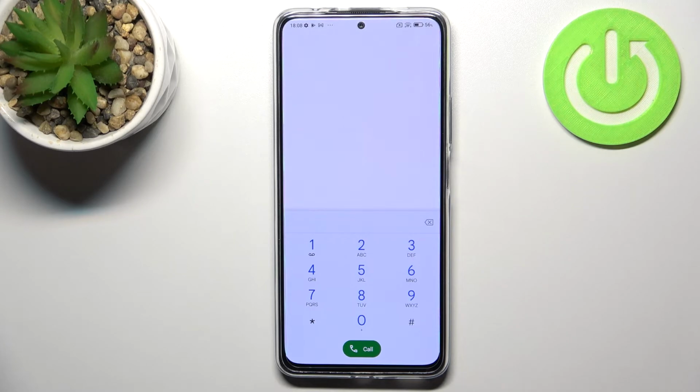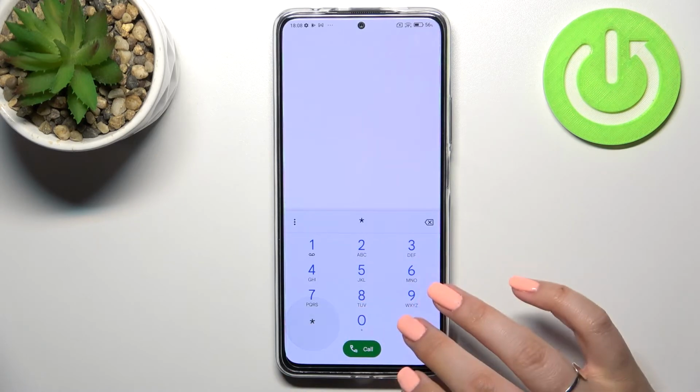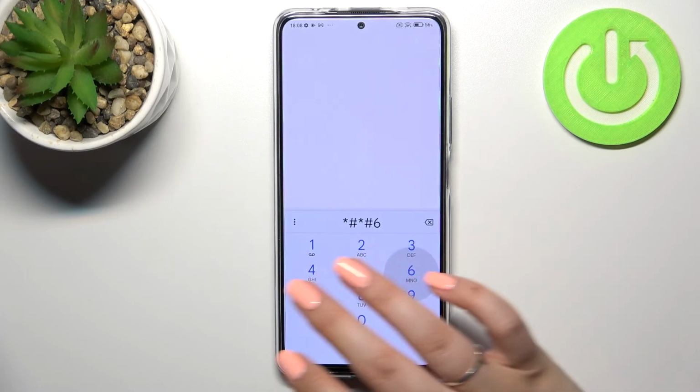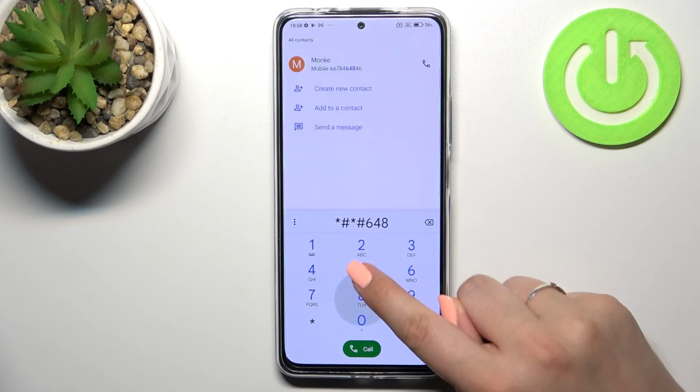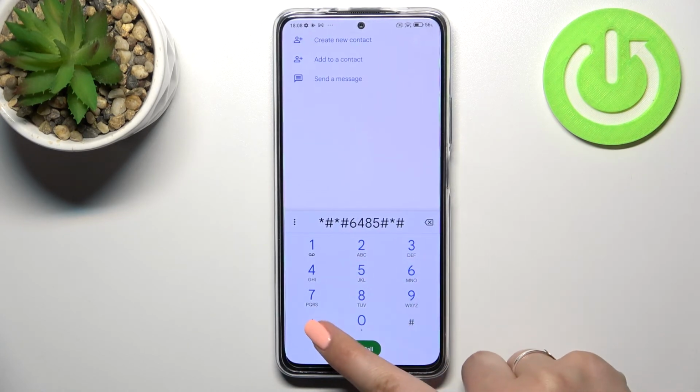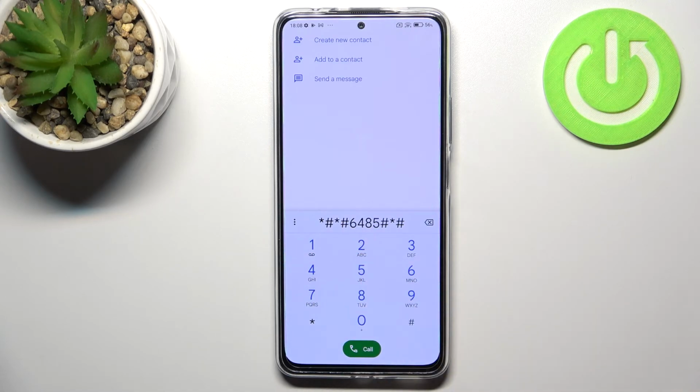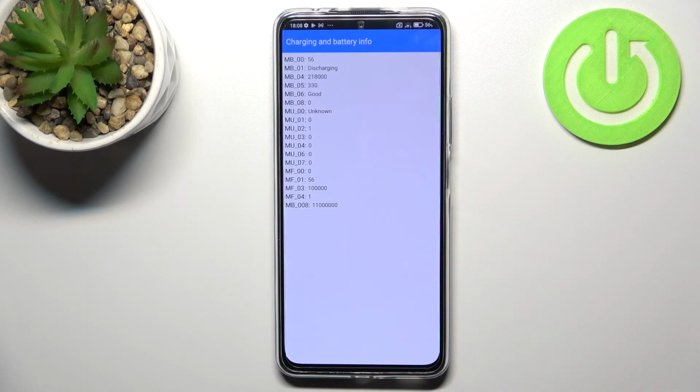will open the charging and battery info, and it's quite technical. So the code for it is *##6485##. And as I said, we are in the charging and battery info, so here you can check the